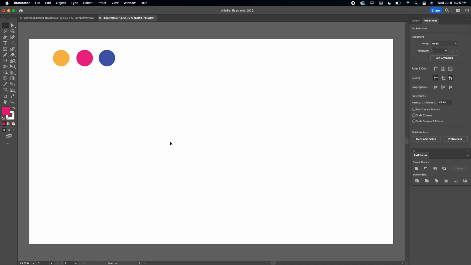Today I'm going to be showing you how to use the 3D effect tool in Adobe Illustrator. We're going to be focusing on letters today, and I'm going to show you how we can go from this